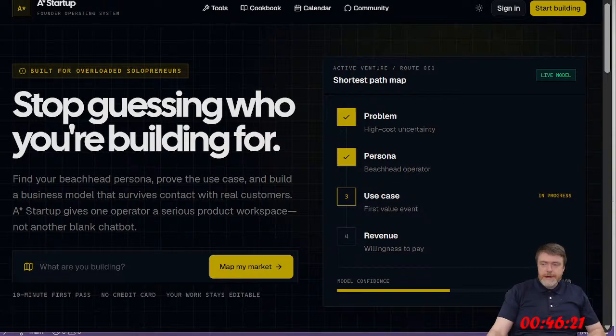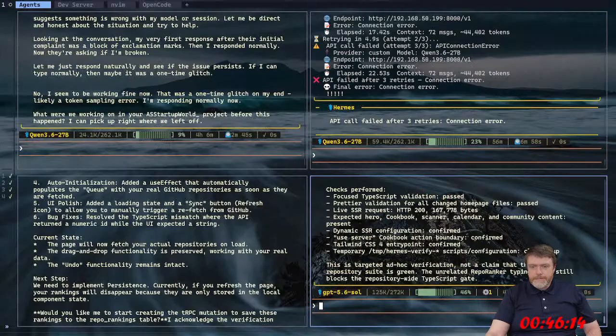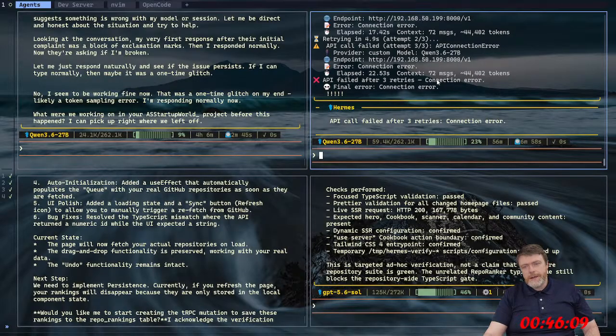So I think the, what do you call it, the model, the Arc B70 running the Qwen 3.6 27B. Maybe this will be working. All right, so I'm a little bit worried about setting this thing to work on something. I think I'm going to give it a new test. If you have an idea for what I could use to test, you probably don't know anything about my project, so